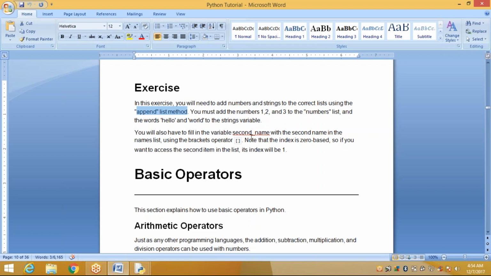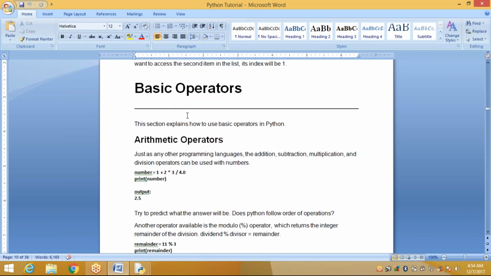You will also have to fill in the variable second name with the second name in the names list using the square brackets operator. Note that the index always starts from 0. So if you want to access the second item in the list, its index will be 1. So you can practice it. If not, I can give the solution.